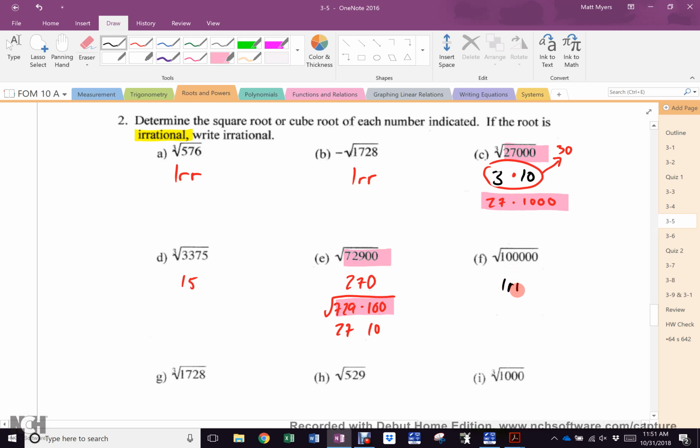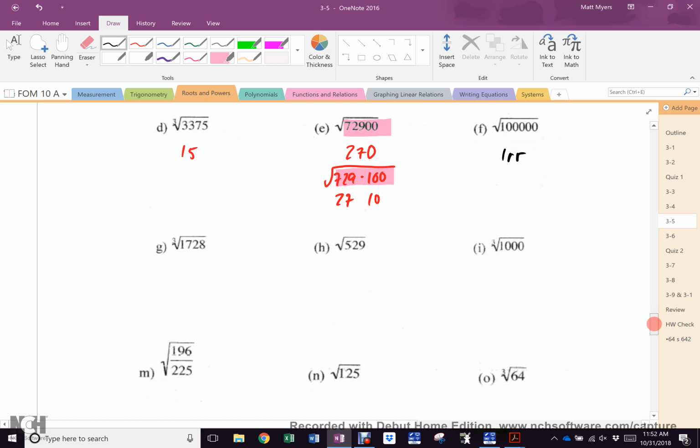This, of course, is irrational. Even though it looks like it should work, doesn't it? But that's 100,000, right? Which is 100 times 1,000. 100 has a square root, but 1,000 doesn't. So that makes that irrational. This one, I can't remember. 12, that one worked. This one, 23. This one, 10. This one,